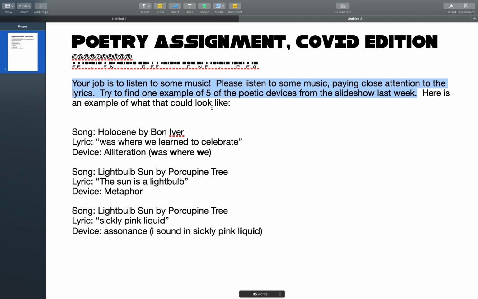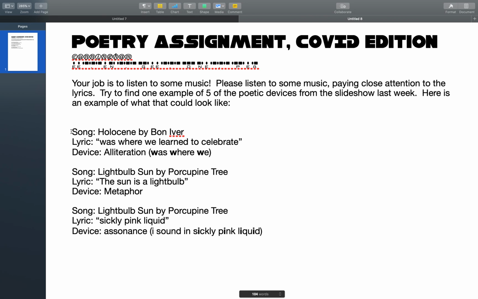Here's an example of what that could look like. I had my music playing on random, and I just looked up the lyrics for each song, and paid attention to them, listening, looking for some of those poetic devices. Now, I am a lot more familiar with these things than you, and I'm a lot better at spotting them than you.